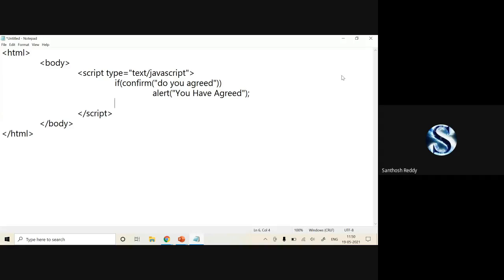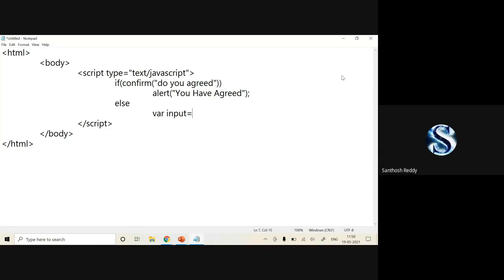Suppose in the confirm there are two options, OK or Cancel. If you click on Cancel, what has to happen? For that, in the else part, I'm going to take an input. I'll declare one variable, var input, is equal to a input.